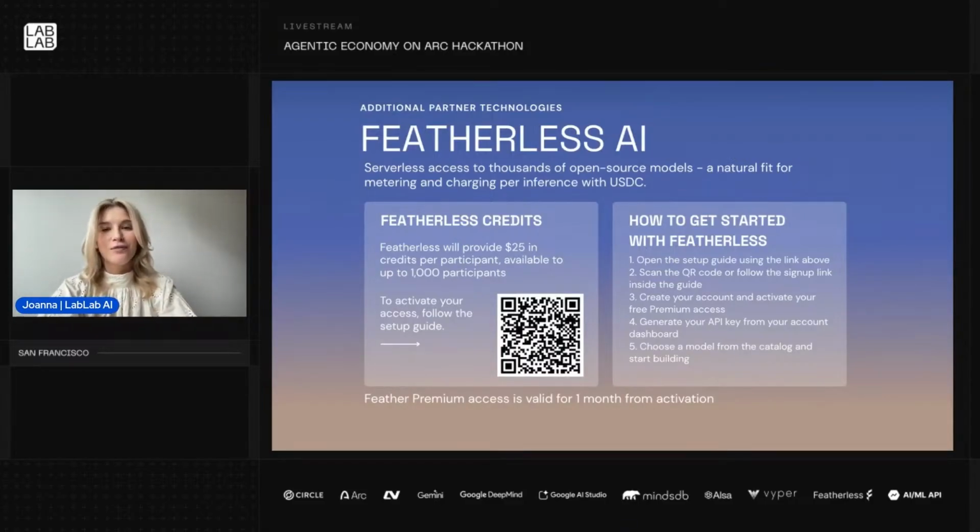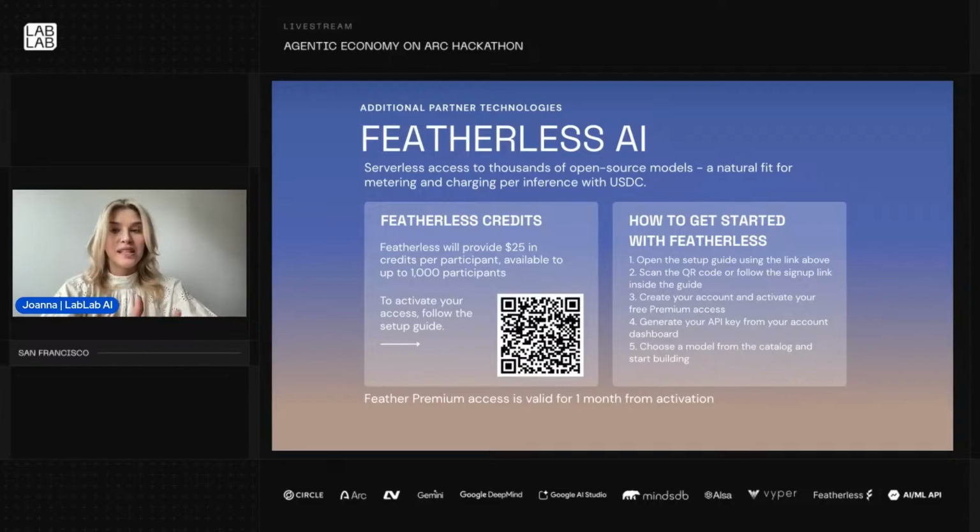So each of the first 1,000 participants to redeem the credits is getting $25 in Featherless credits. So remember, 1,000 participants getting $25 to use for building with Featherless. First come, first served. Again, so to activate your access, scan the QR code and you'll see the full setup guide there.